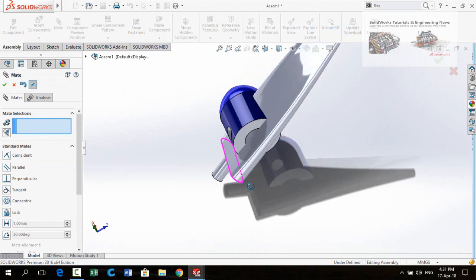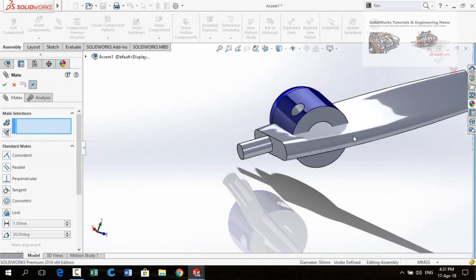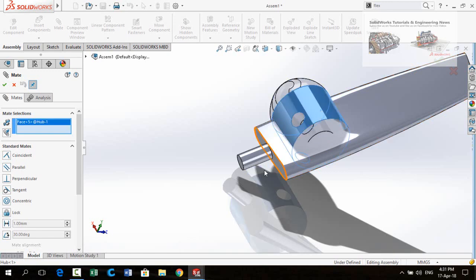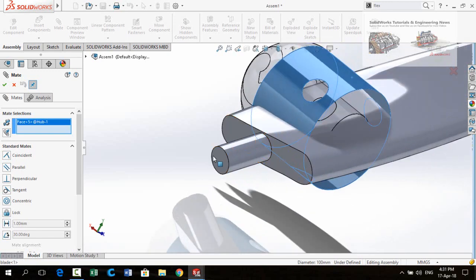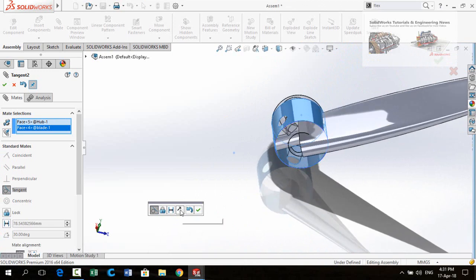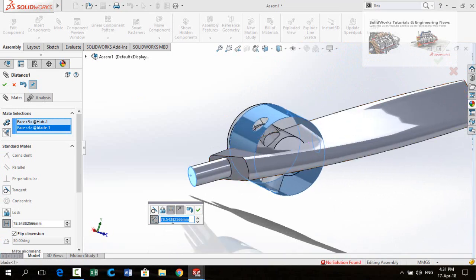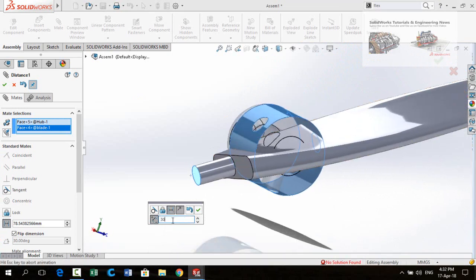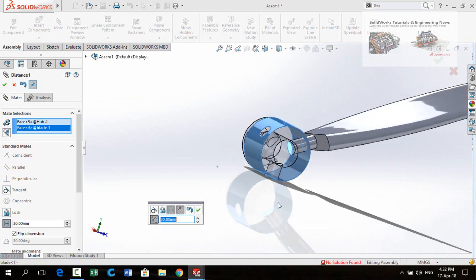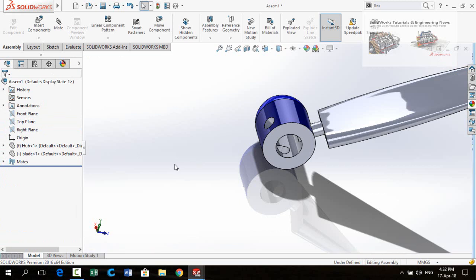Press OK button. Now select this face and then this face. Select the distance mate and type here the dimension 30 millimeter. Press OK button. Again press OK button.